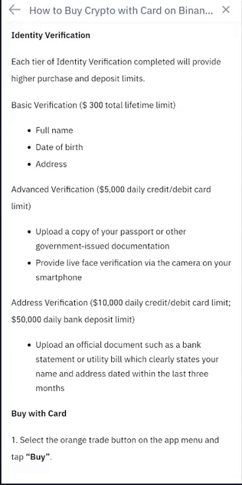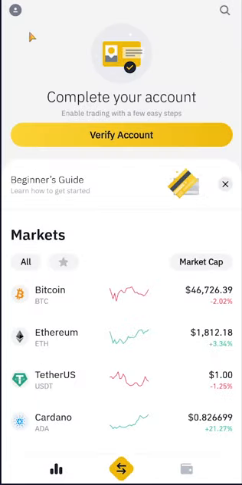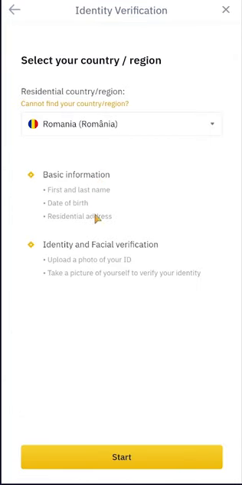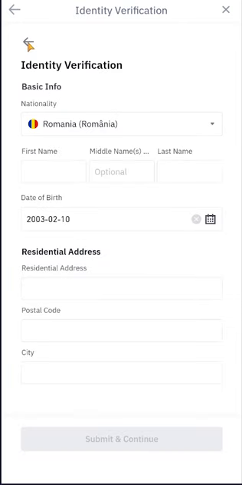The cheapest way to buy crypto is by funding your account with a bank transfer, except if you have to wire the money. Wire transfers are expensive and should be used only as a last resort. ACH deposits in the United States and SEPA deposits in Europe are free, and these are the cheapest options. To unlock bank deposits, you will have to upload an official document, such as a bank statement or utility bill, which states your name and address. So to complete your account, start the verification process. Follow the steps on the screen until finished. The basic verification should be instant, but more advanced verification can take a while. It could take even a few days, so you'll have to be patient.